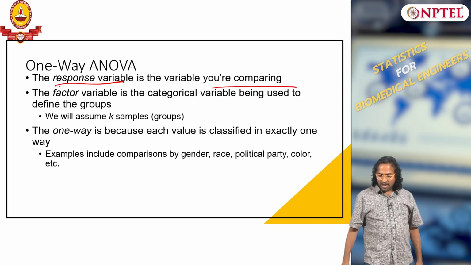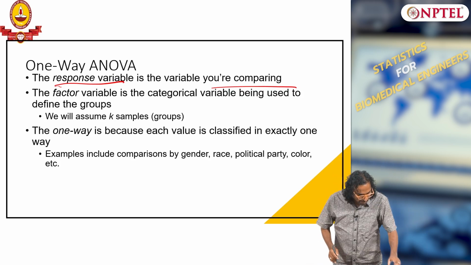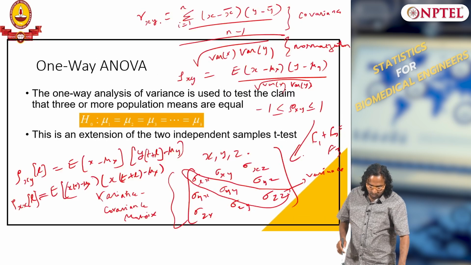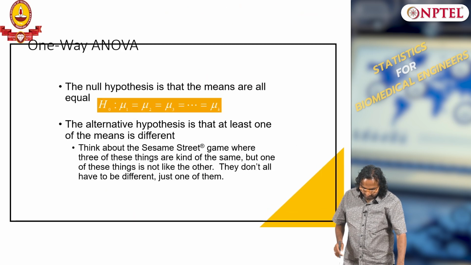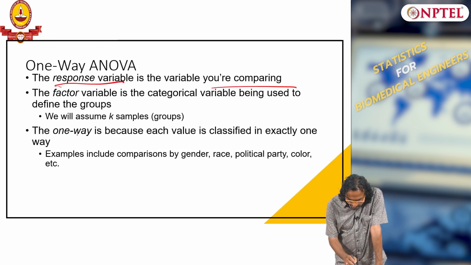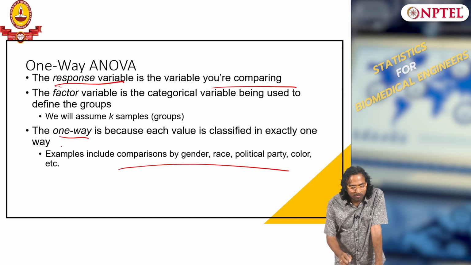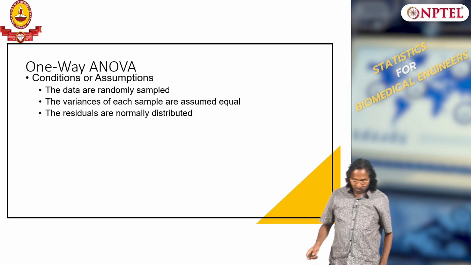Okay, and you can assume some small groups, and what we are going to do is try the hypothesis, I will write down the hypothesis later on. So the one way analysis we call it as one way because, no, we will not get into this, do not worry about this, I will come back to this later when I teach you two way ANOVA. So let us not worry about why one way.